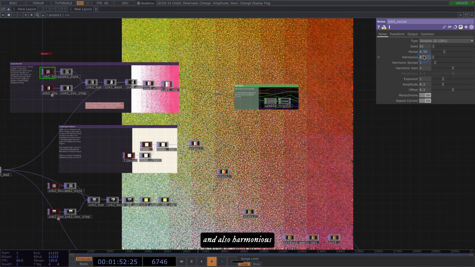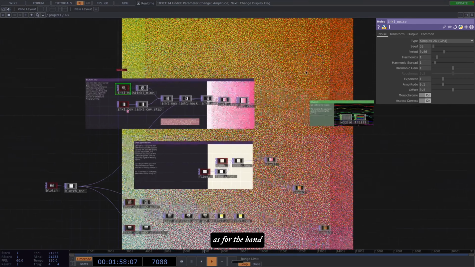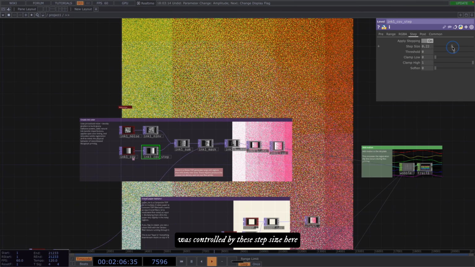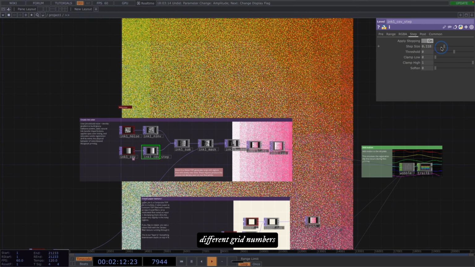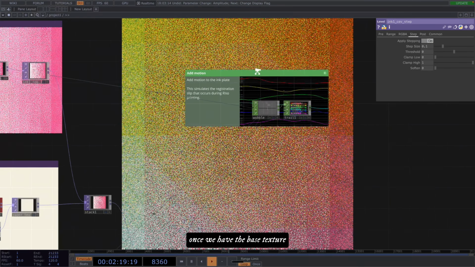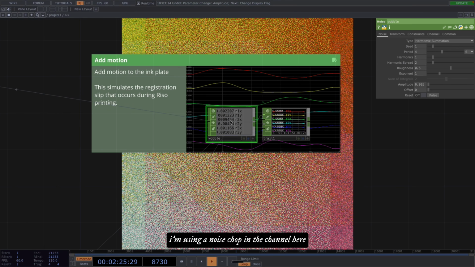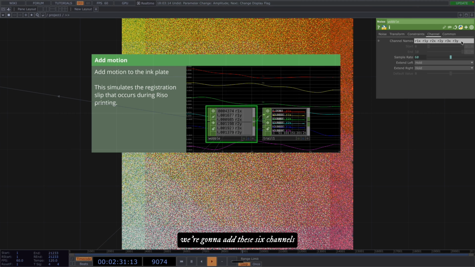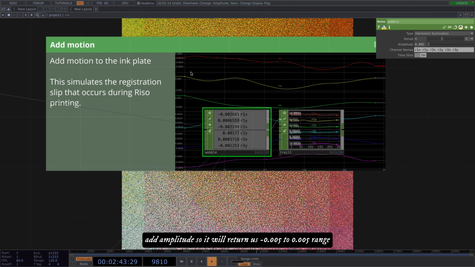And also harmonious. As for the band I have in my component, it was controlled by this step size here. By changing the step here, you are able to get different variation, different grade numbers. I'll put 0.1. Once we have the base texture, we're gonna add the motion. For the motion, I'm using a noise chop in the channel here. We're gonna add these 6 channels. Add amplitude, so it will return us minus 0.005 to